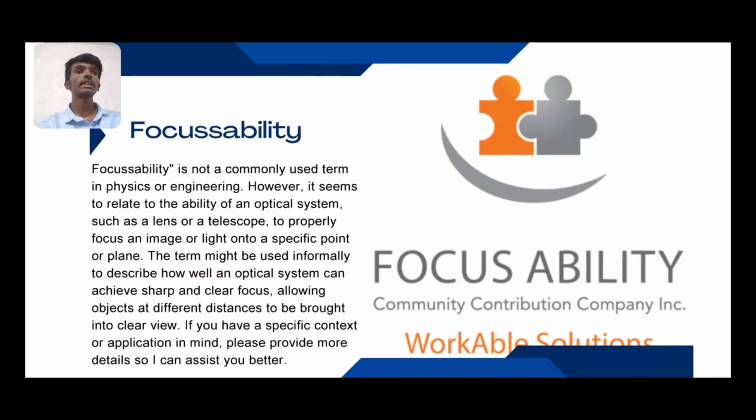Sixth one, focussability. Focussability is not a commonly used term in physics or engineering. However, it seems to relate to the ability of an optical system such as a lens or a telescope to properly focus an image or light onto a specific point or plane. The term might be used informally to describe how well an optical system can achieve sharp and clear focus,